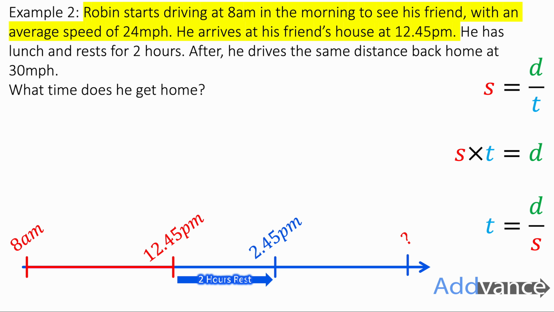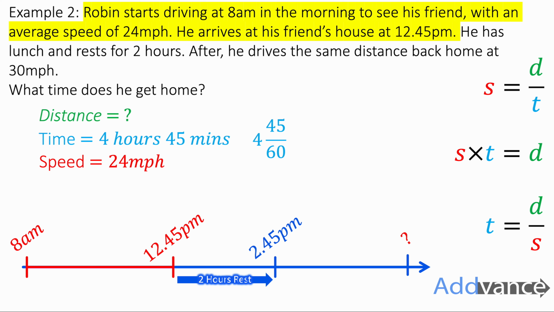So we'll start by focusing on the first stretch of the journey from 8 AM to 12:45 PM. That is a time of 4 hours 45 minutes, just by thinking of a time. And the speed during this time is 24 miles per hour. 4 hours 45 minutes, we need to convert that into just hours. So I think of this as 4 and 45/60ths of an hour. I write that as a mixed number. I can simplify that to 4 3/4 using my calculator,